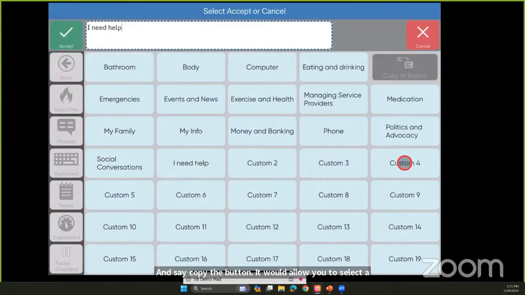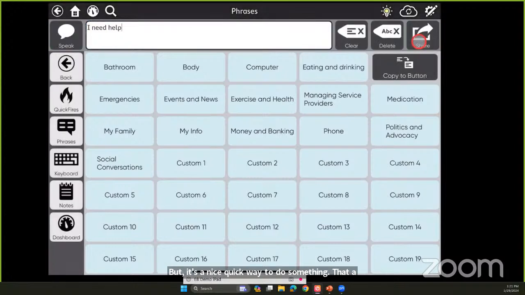This is the overall category, so you probably want to go into the category before you did that. But it's a nice, quick way to do something. If you type something and you realize, oh, I say that a lot, I should just save it. Yeah, thank you. That's a good feature.